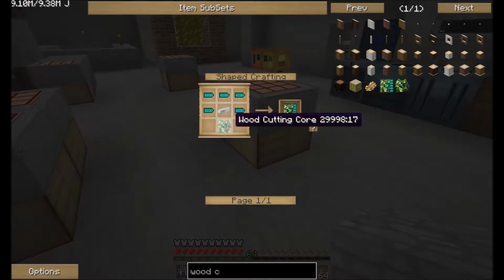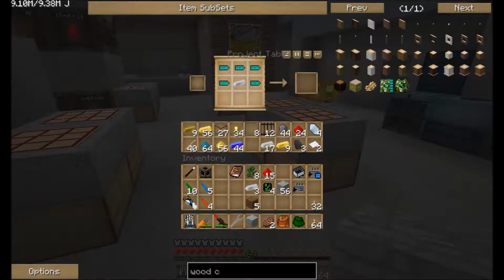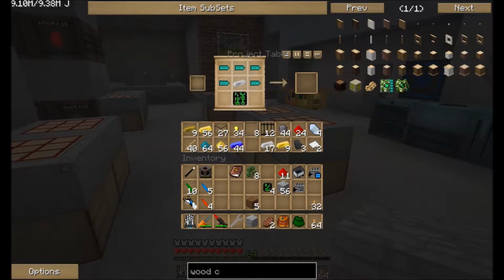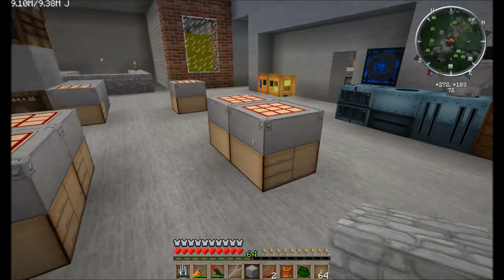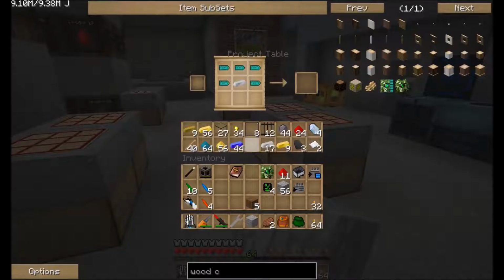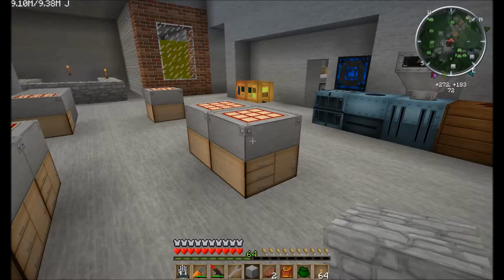Is there an advanced PCB? It is. So that's going to be 2 of these. Three iron, 4 redstone, and an advanced PCB. Then we come back over here and stick this. Oh. Nope, give me that back. We stay in this one. And we get a wood cutting core, and then we go back here and stick our wood cutting core there, and we get a wood cutter. So, okay. The woodcutter also plants... I think that's everything we need to make a cart